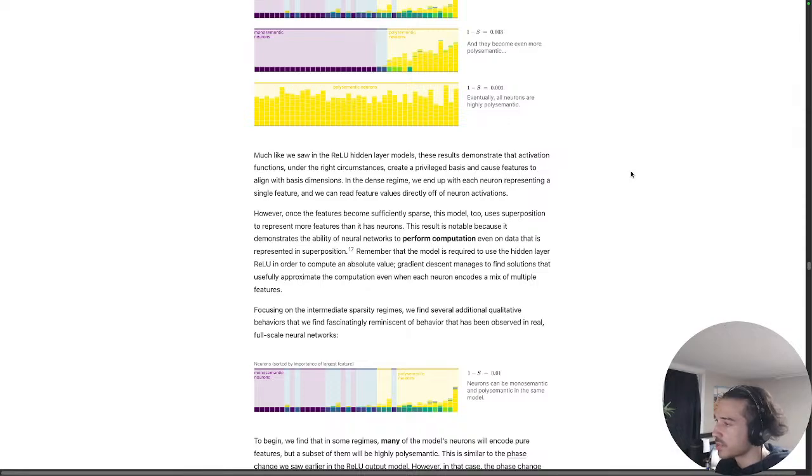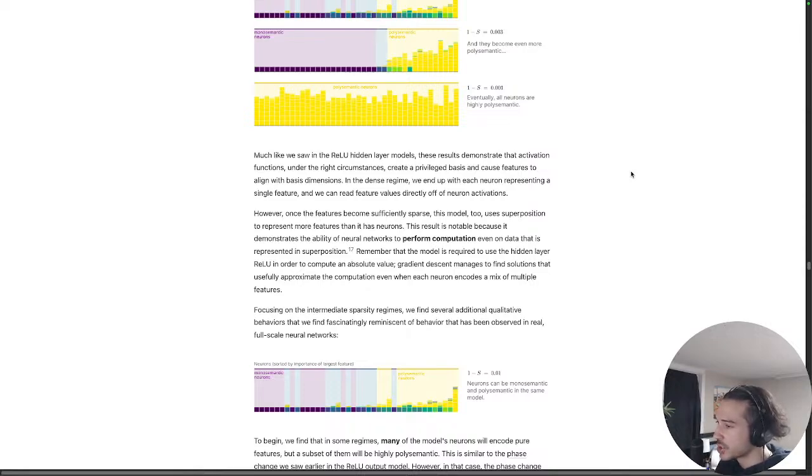In the dense regime, we end up with each neuron representing a single feature, and we can read feature values directly off of neuron activations. However, once the features become sufficiently sparse, this model too uses superposition to represent more features than it has neurons. This result is notable because it demonstrates the ability of neural networks to perform computation even on data that is